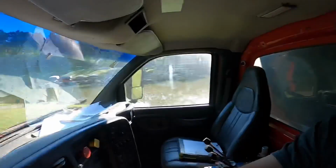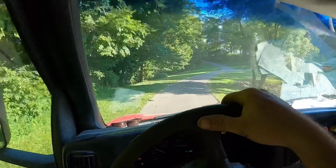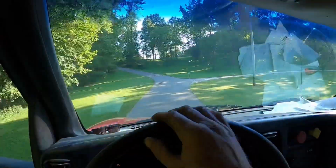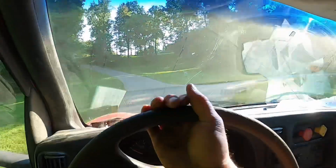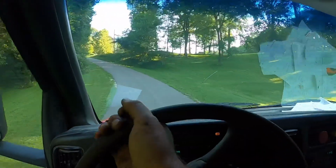This used to be a gravel road, so we used to unload right here and then just track equipment back there, and it wasn't that big a deal. But they've recently paved it in the last couple years, so we'd have to mat our way all the way in, and that's no good. I have backed the semi all the way back in here before, but it's a pain in the butt. We still can't quite get to where we're going, so